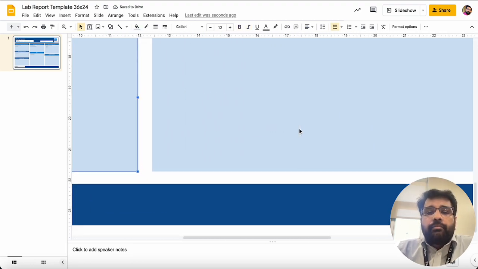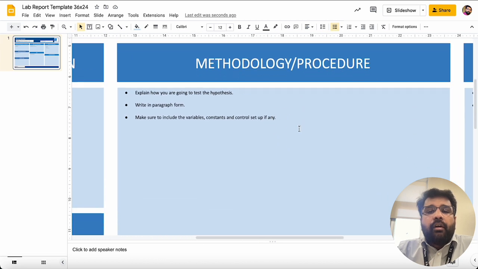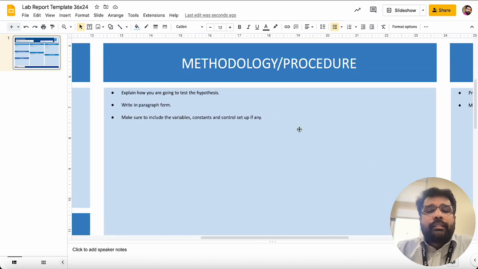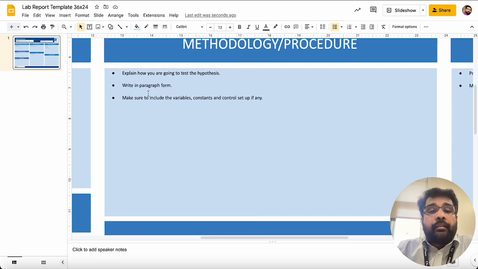And the next part right here, if you scroll it on the top, is the methodology or the procedure. So what exactly did you do in this whole experiment? You just explain that in this paragraph, the whole entire procedure. So how did you cut the potato cylinders, and what did you use to cut the cylinders, and what type of potato did you use, and how did you do that, and the different types of solutions that you used. And so explain the whole thing in a paragraph form, and do not forget to mention here